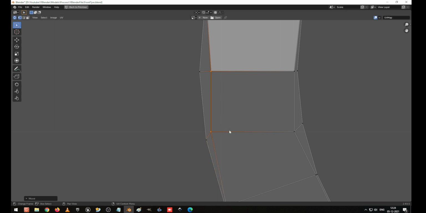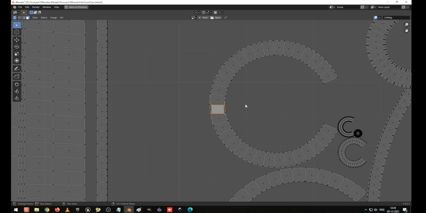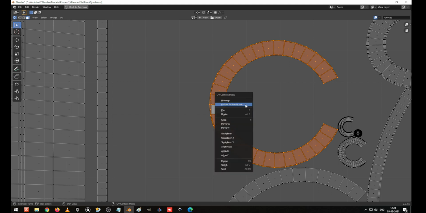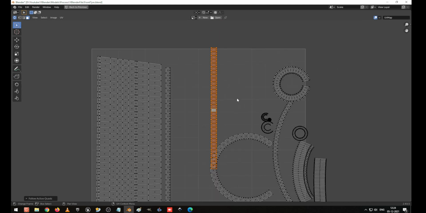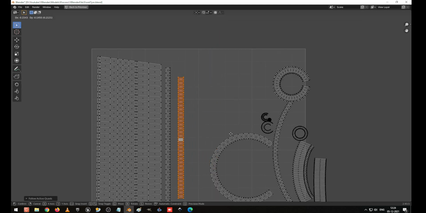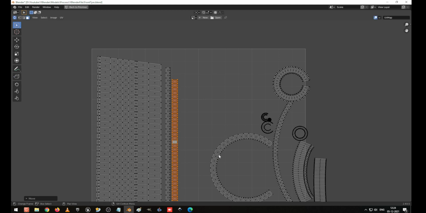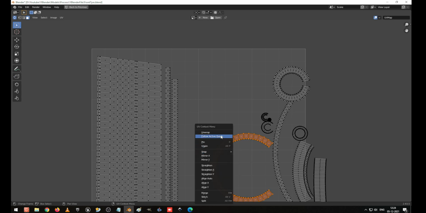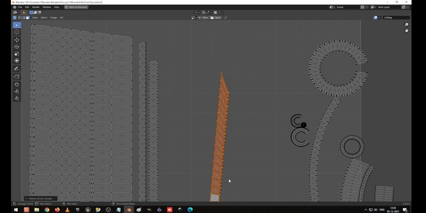I press 3 on the keyboard for the face selection. I press Ctrl L and right click and activate follow active quads and G to move. Right click, follow active quads.